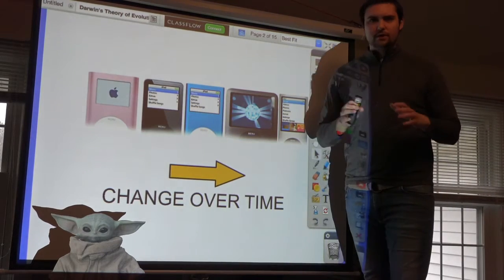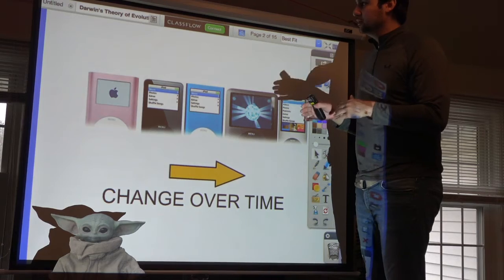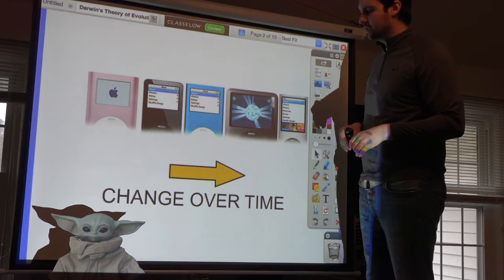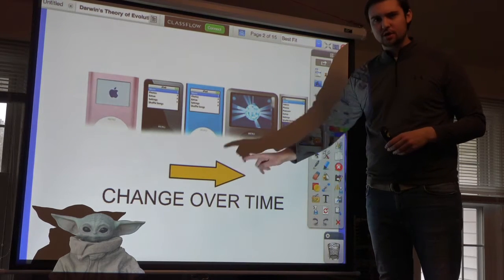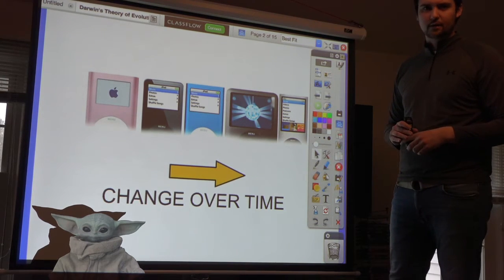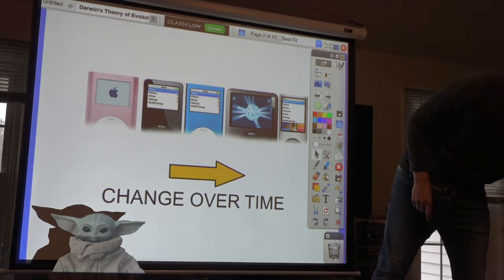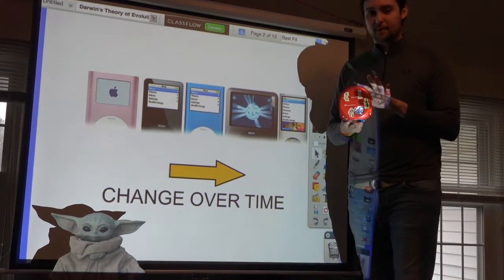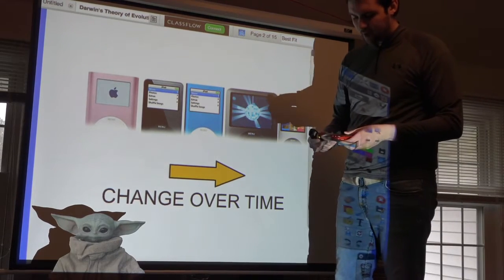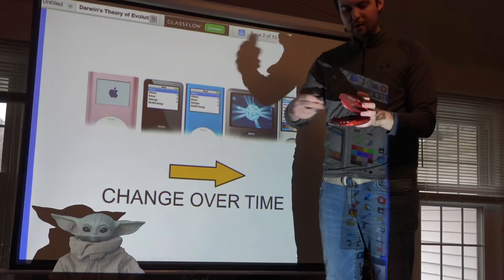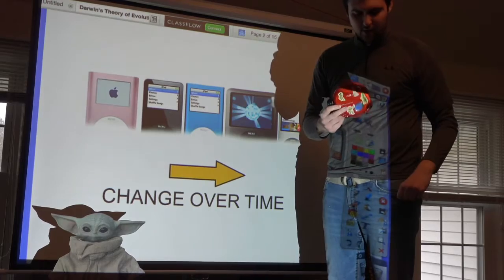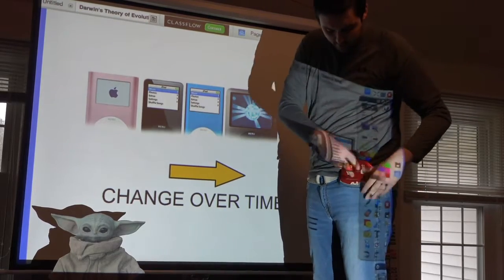So when Darwin had his theory of evolution, we need to next define what evolution is. At its simplest, evolution is change over time. Here I have the evolution of the iPod. When I was a teenager, growing up, this was the equivalent of the iPod back in its day. This is a Sony Walkman. This is what I used to have all throughout middle school. You pop it open, you throw a CD in there, you throw your headphones on the side, and you could carry this around in your pocket if you were lucky by squeezing it in.